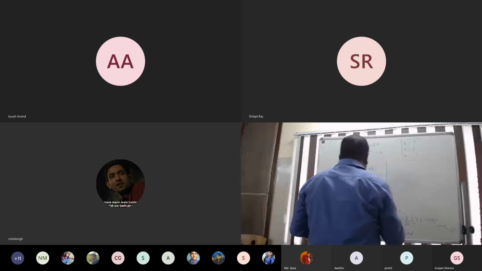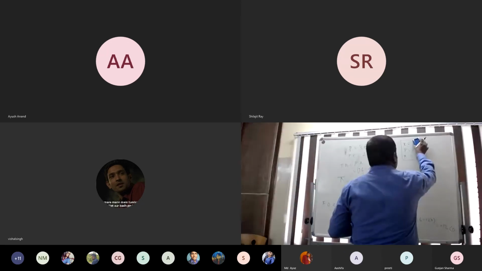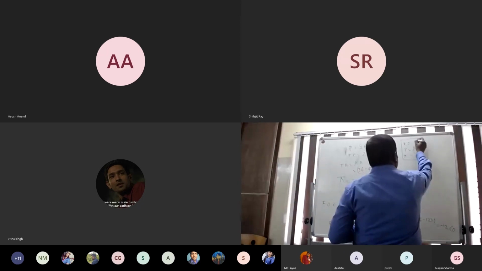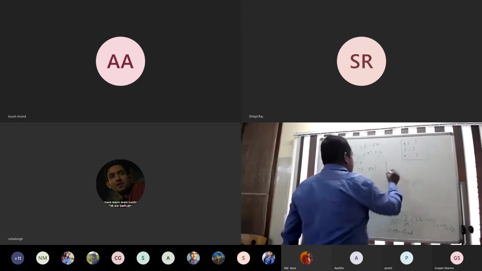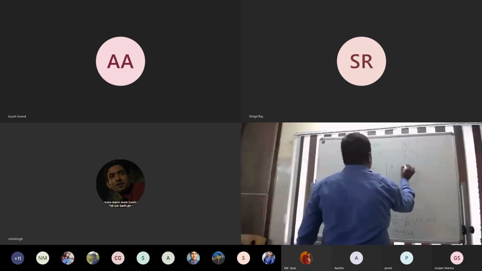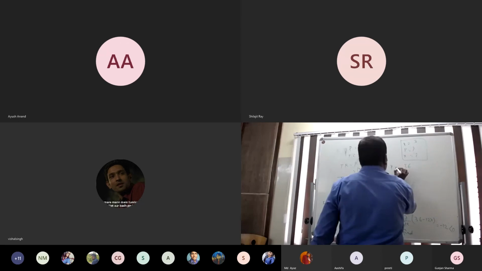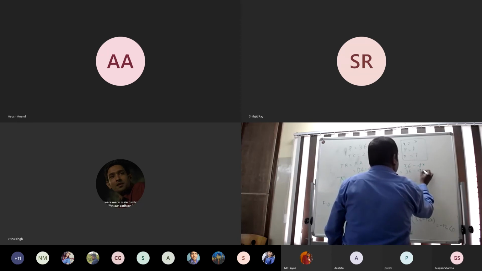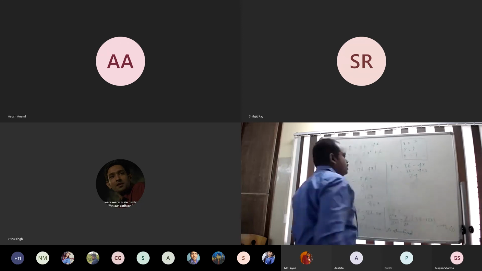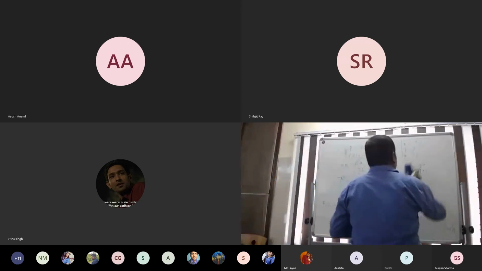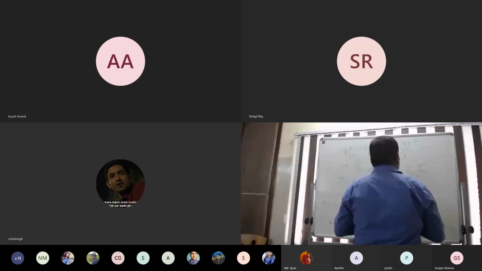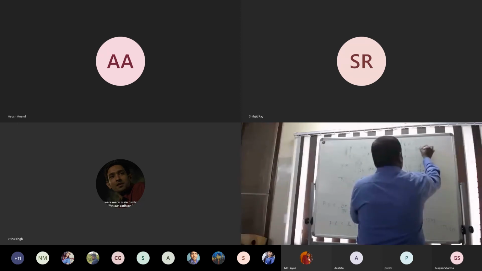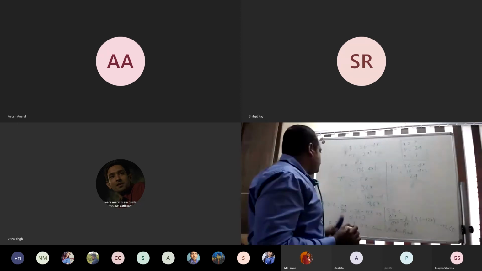So x we have already got, x equal to 3. So here I put the value, x equal to 3 is output, in units. Then we have to calculate P. P is given as 36 minus 4x. So 36 minus 4 into 3 equal to 24. 36 minus 12 equal to 24. So P we have got equal to 24. Then next we have to calculate pi.